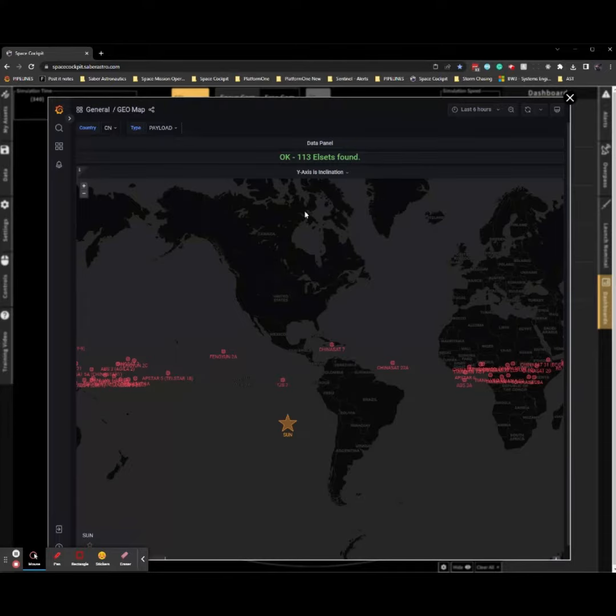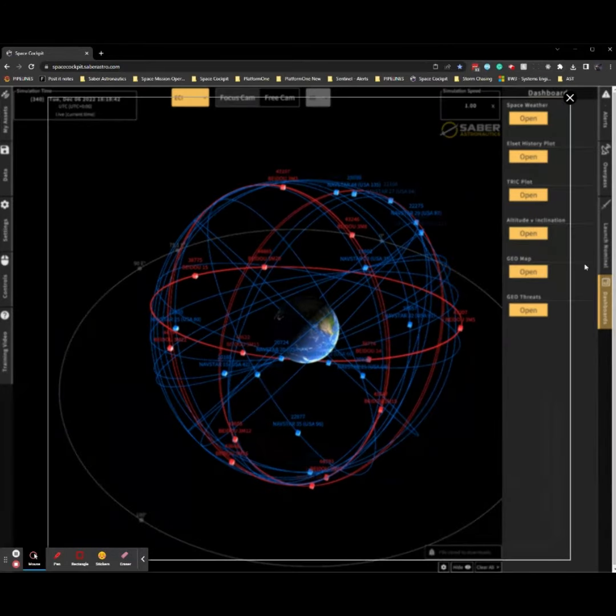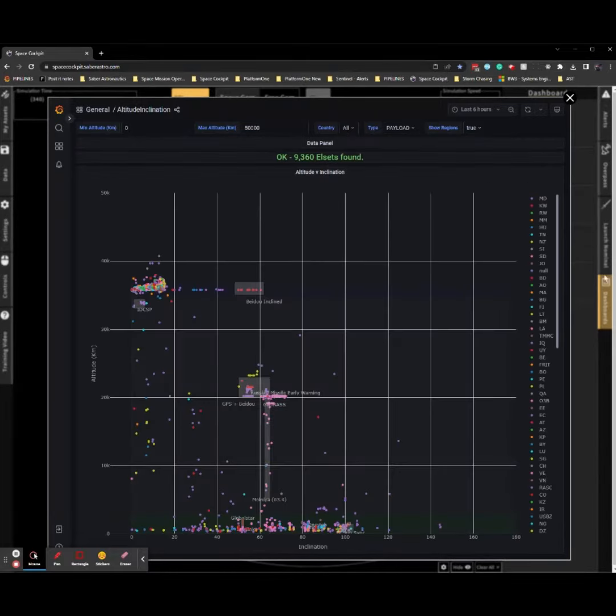The vertical axis here is the inclination of the spacecraft, so we separate them on that axis as well. Altitude v inclination is a very useful plot for getting the general lay of the land of the whole space domain. You can see here we're also plotting a number of regions as well. So the GPS and BIDOS,